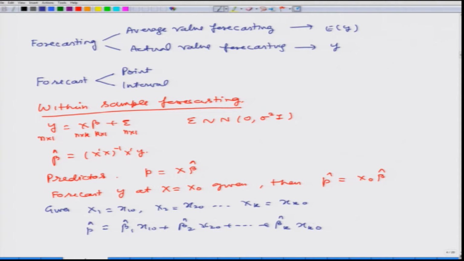So, now this is our predictor, which is based on the ordinary least square estimation or equivalently the maximum likelihood estimation, and now we will try to use this predictor to forecast the average value and the actual value. So, first of all, we consider the